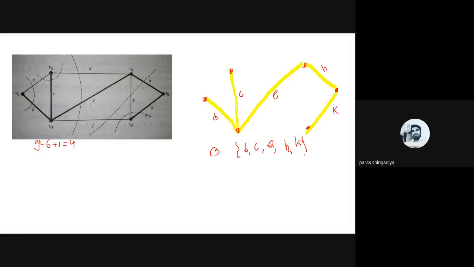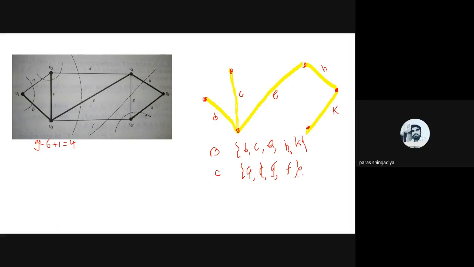Okay, why is it known as a branch? Because I included it in the spanning tree. And then after that, a chord set, a set of edges. So which edges are remaining, which I did not include in the graph? Edges remaining are A, D, F, and G. So edge A, then after that D, G, and F. So these 4 edges are known as the chord set. Okay, this is known as a chord.